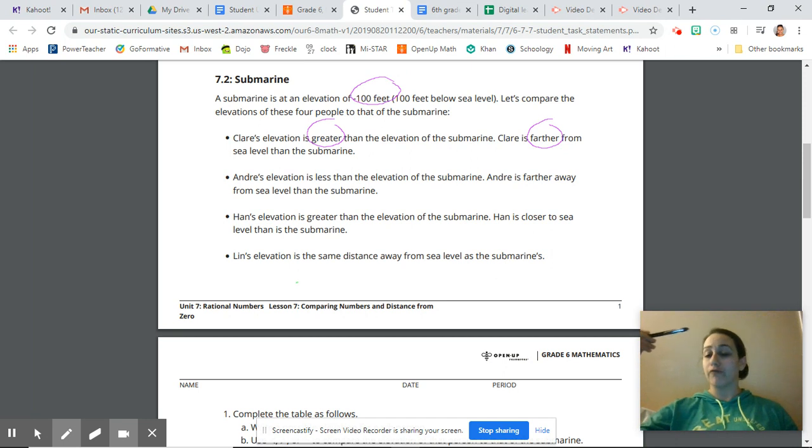Well, the only way to go further from 0 would be to be at 101, 102, 103, and upward, or even 100.5. That's still further. However, if we went negative 101, we'd be deeper in the water. So she's got to be above sea level here in order for this to work. So she's got to be above,